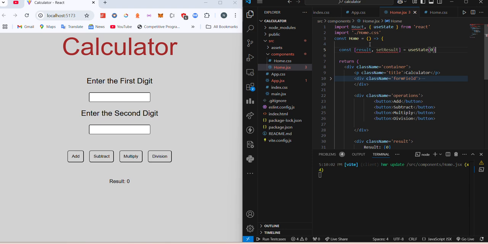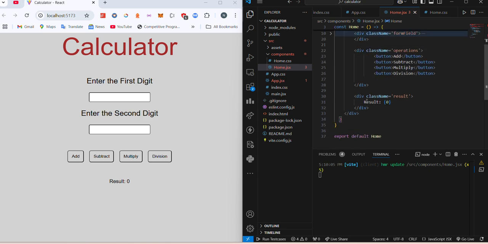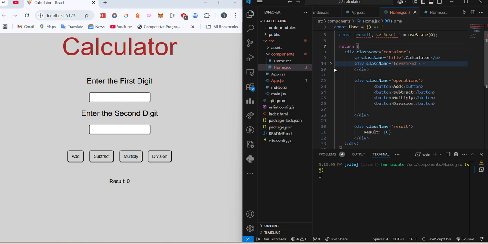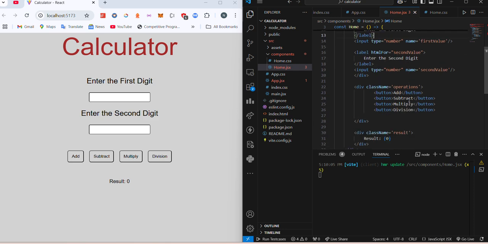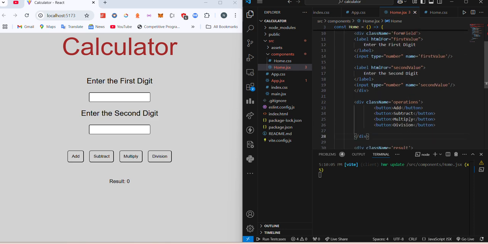So by default the result is 0, and once we